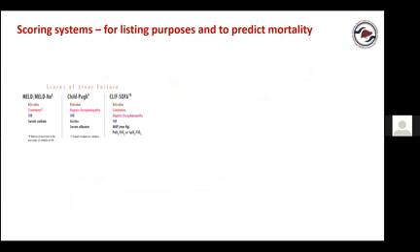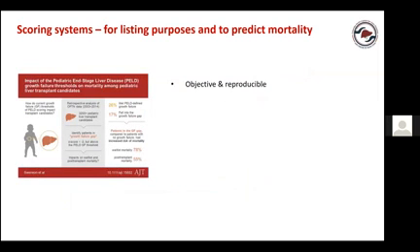And what about the other scores? MELD, sodium, Child score, PELD score. They are useful. They are objective and reproducible. When a team is discussing a child, it's easy to put everybody on the same page when you talk about the scores. And they're reproducible, especially if you are writing scientific evidence.